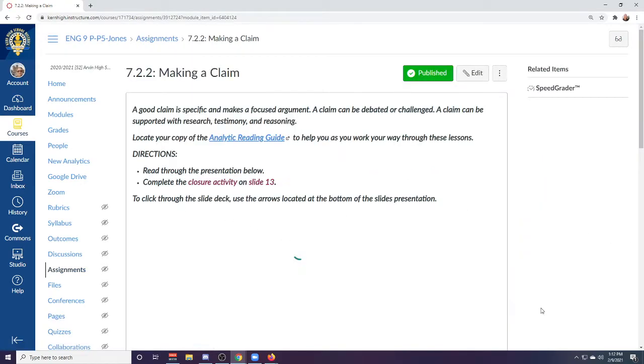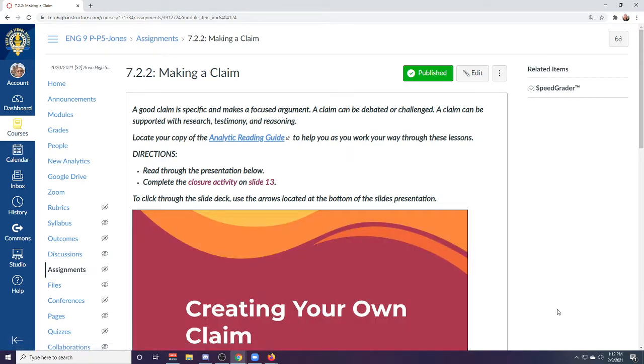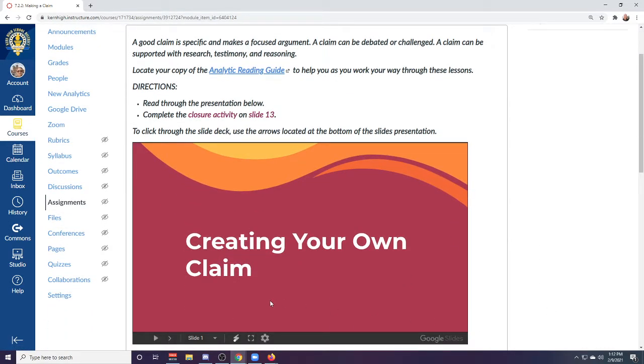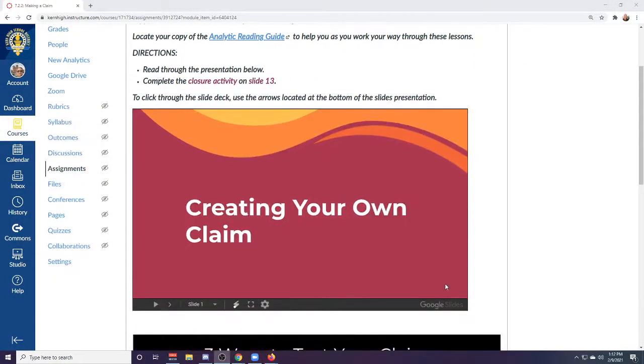If you go to the next page, this is a very, very brief lecture about creating claims, because as we learn about oral tradition and oral narratives, we are also going to be learning about how to make claims and how to prepare something that can be argued either for or against. Go ahead and slide through each of these slides. If some slides are a little confusing, you know how to reach me and send me a question.